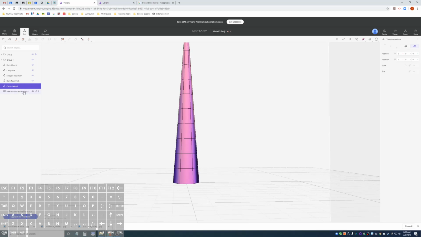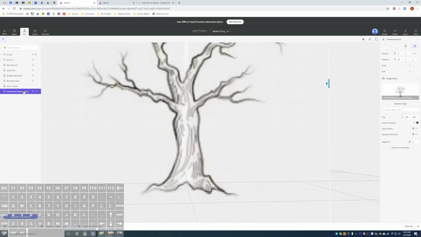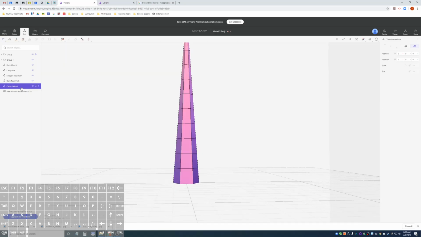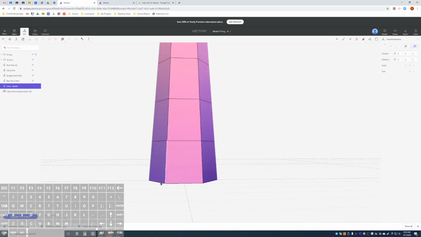So this is a little bit annoying in Vectary because we don't have references, but we can just click back and forth and get an idea of what we're after. So let's go ahead and teach you guys again how to edit the edge loops. You can click on this tool right here to click on the edge loops. So I'm going to double click on the edge. It's going to bring up this wheel, and the wheel we're going to use the most is called